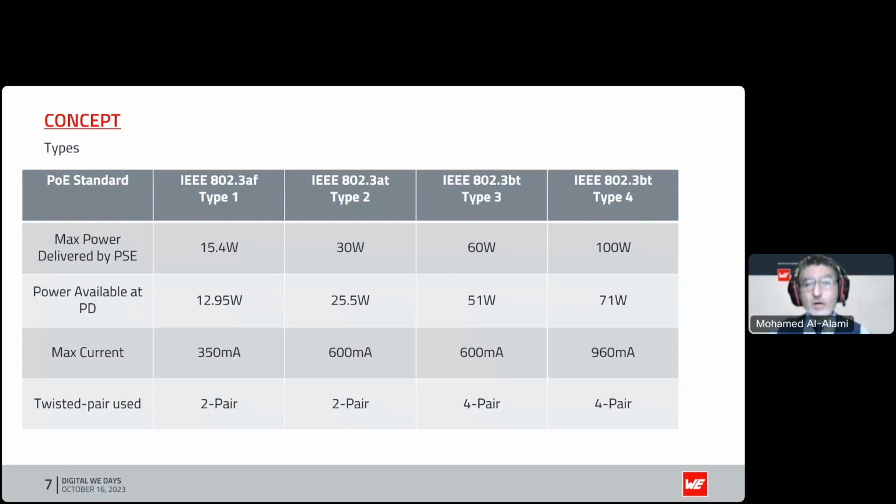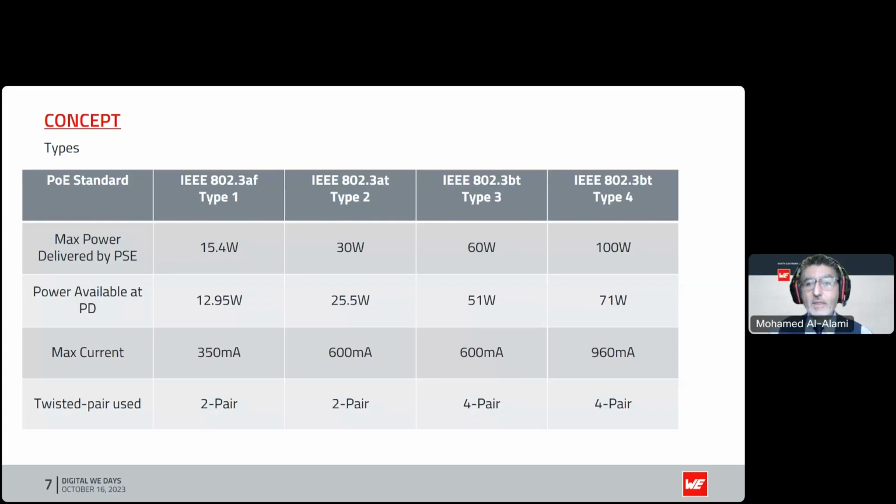And then in 2009, that progressed with the versioning of the standard to .at, which allowed us a new type, which we call Type 2. Sometimes people refer to these as PoE, PoE Plus. The proper naming as per the standard is Type 1 and Type 2. And with Type 2, we were now able to deliver around 25.5 watts worth of power to the powered device. That allowed us to start moving things with motors, especially with CCTV cameras, to allow that extra ability through the higher level of power that is being delivered.